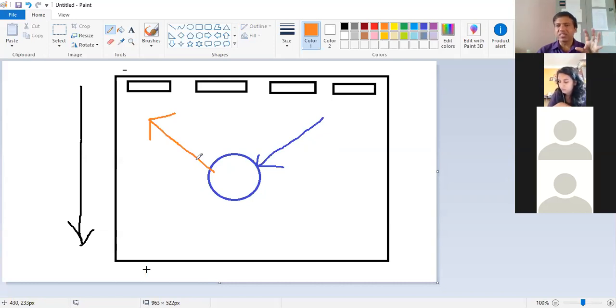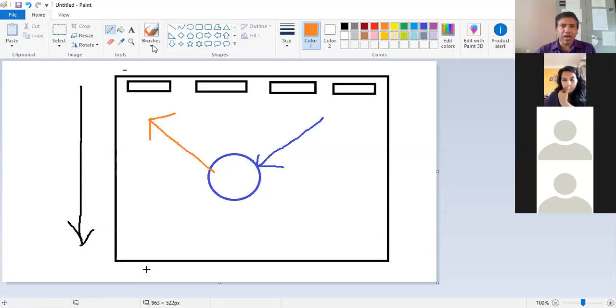Now in the case of ethidium bromide, what happens? It absorbs the UV light and emits light in the visible range. That means you cannot see the UV light, but you can see light whose wavelength is in the visible range. So ethidium bromide absorbs UV light and emits light of orange color, that means light with the wavelength of orange color. So the emitted light will be orange.